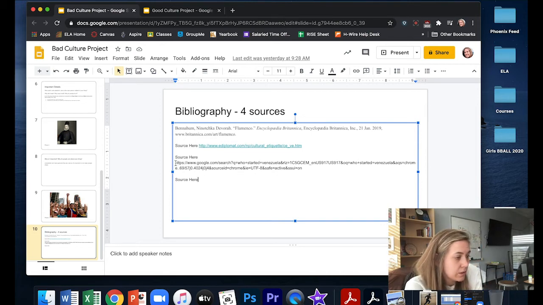Another issue I ran into a lot is that some of you would use Google and search your topic, and then copy and paste your Google search bar into your bibliography. That is not a useful source. Google search is basically just the telephone book of the internet, okay? All Google does is tell you everywhere else you can look to find out information. Google itself is not a source at all.